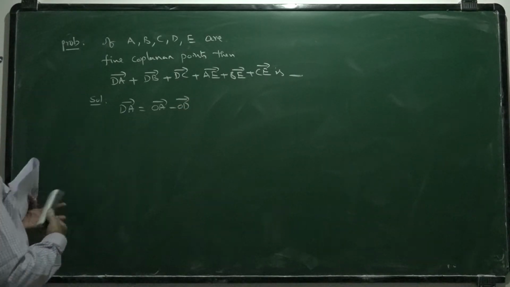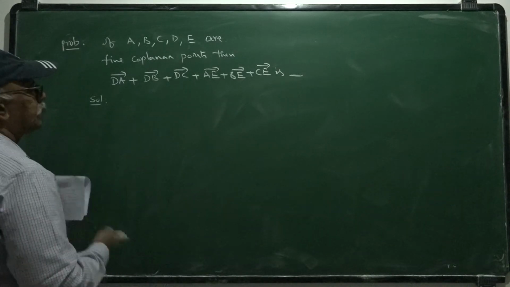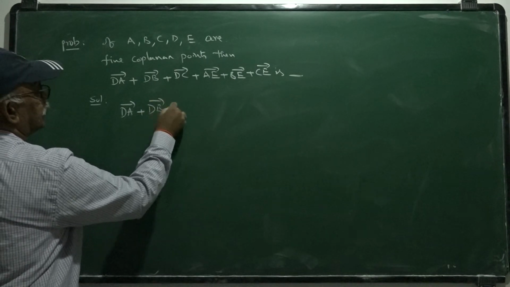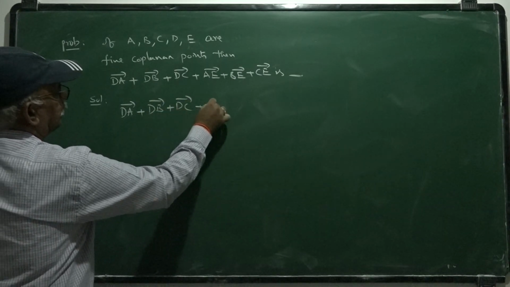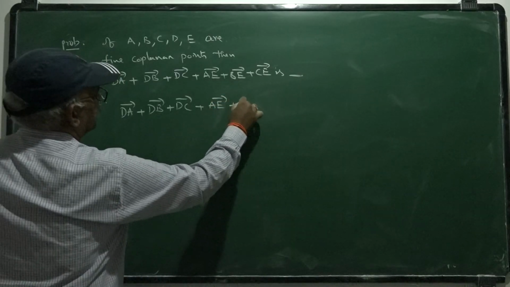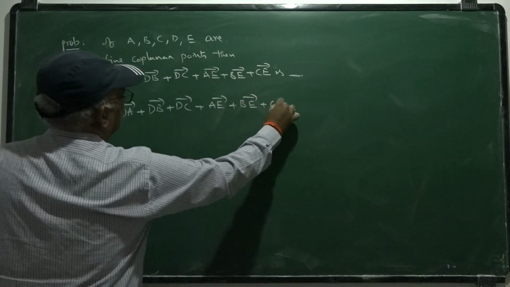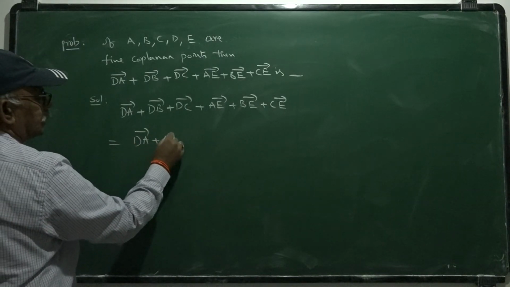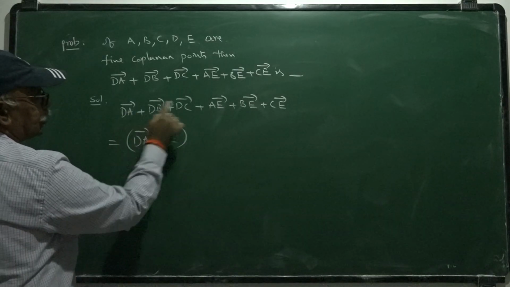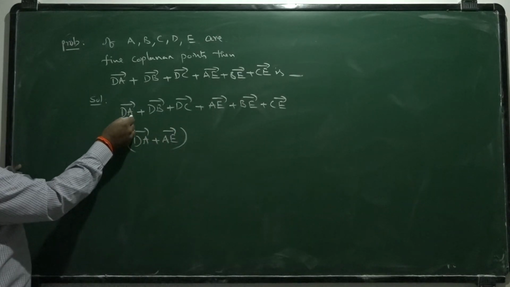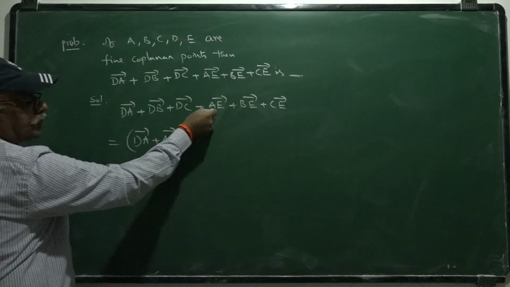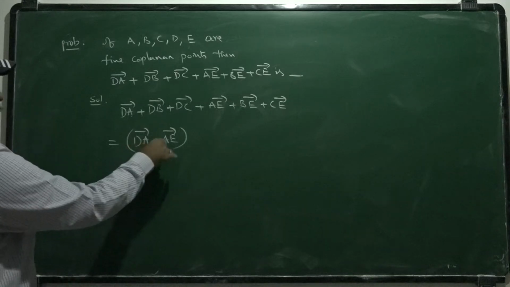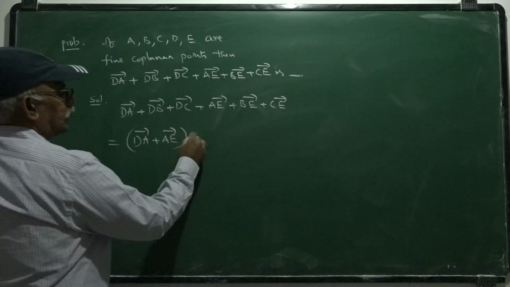dA bar. Otherwise, do one thing. I will simplify this sum like this. dA bar plus dB bar plus dC bar plus AE bar plus BE bar plus CE bar may be written as dA bar plus AE bar itself. I am taking these two. The tail of this vector coincides with the head of this vector. So you can add these two, and by vector addition you can write it as dE bar. Like that,